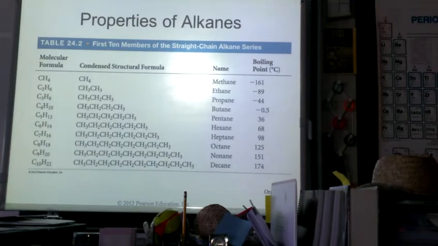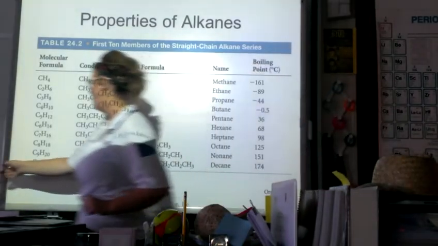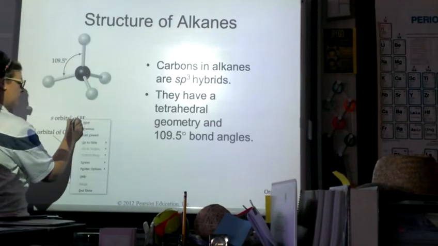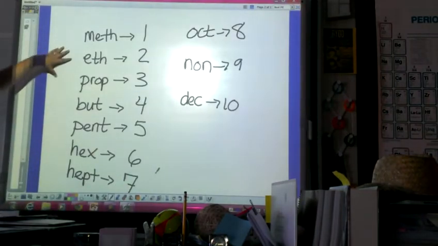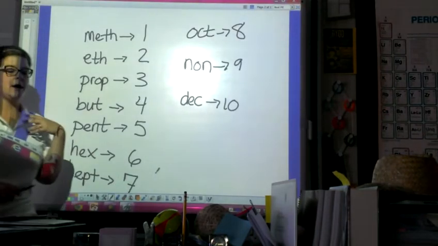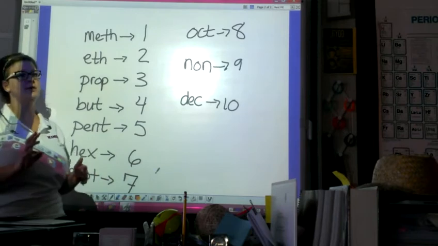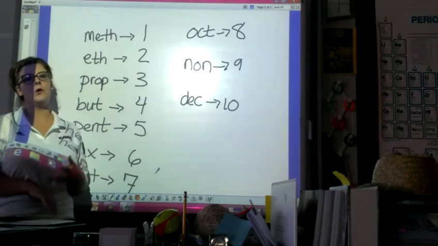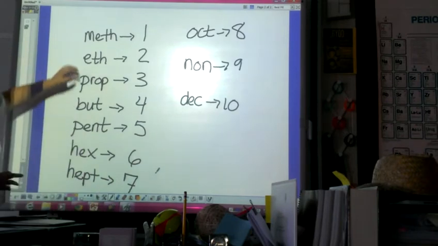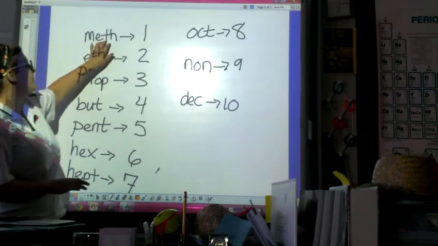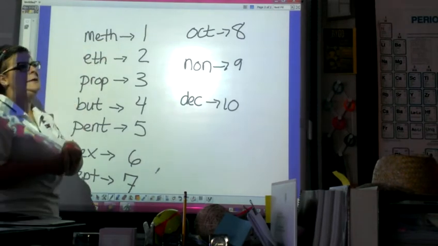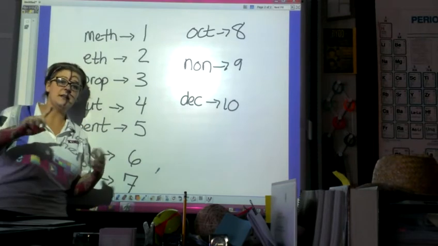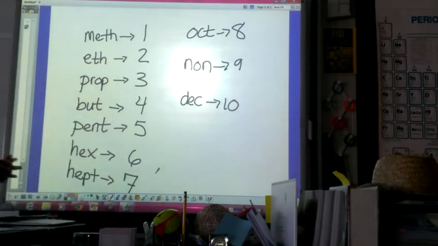So on the whiteboard, these are the following designations for labeling something as whether it's going to start with the prefix meth or eth or prop or but. So if I have one carbon, I'm going to think about it with meth. So if I think about CH4, that's one carbon, it has the hydrogens around it, I would call